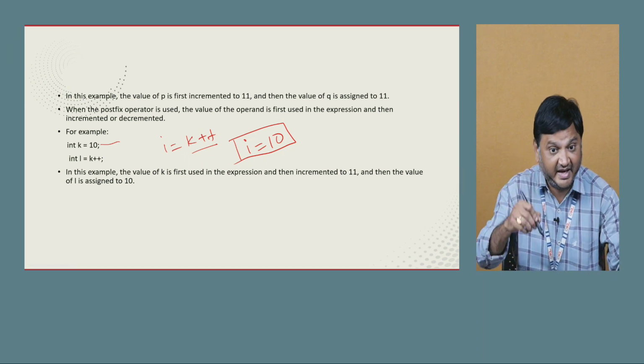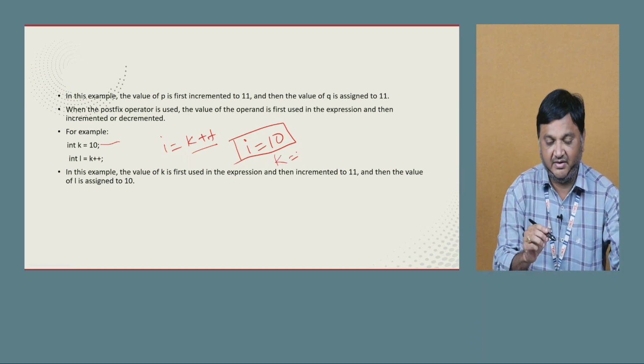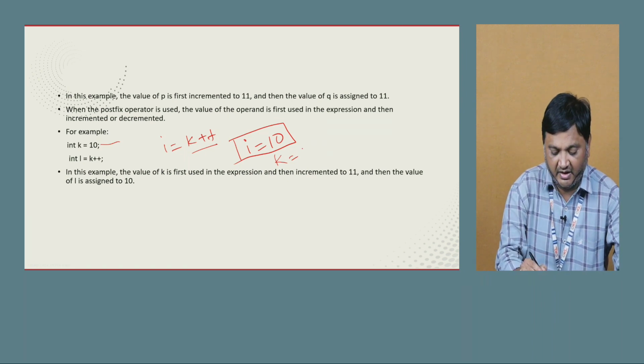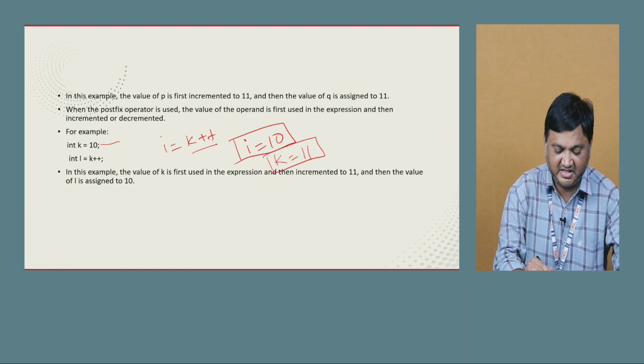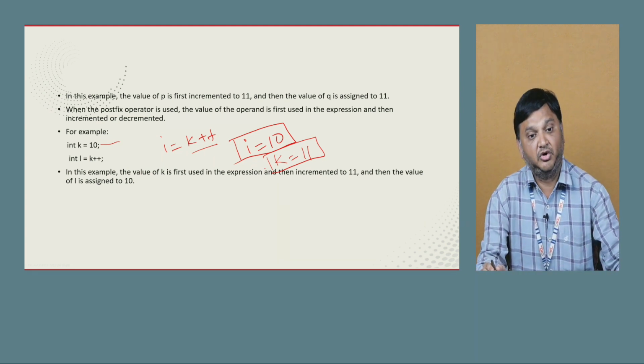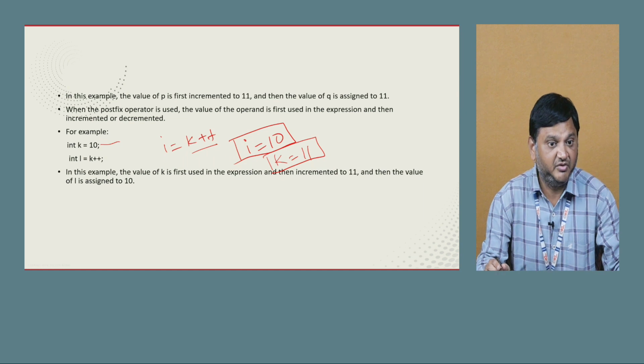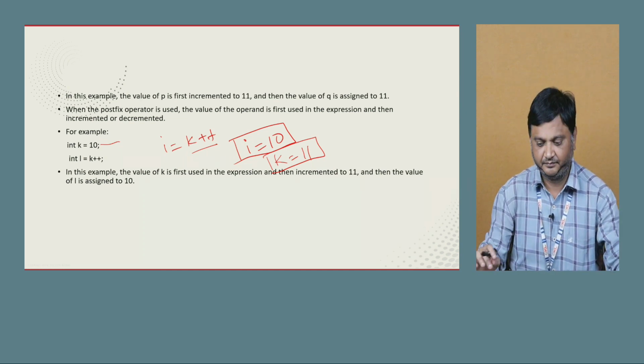But if you print k value, what is your answer, my dear students? Will it print 10 or will it print 11? Very good, it prints 11 on the screen. This is the difference between post increment and pre-increment. So I hope everyone understood, my dear students. If you see the previous example,